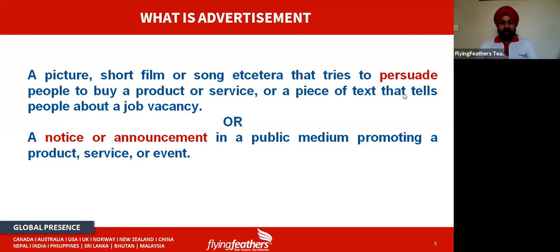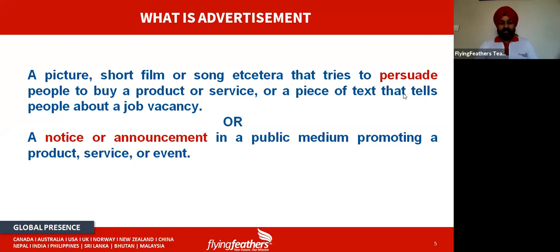It can be through the internet when you are browsing a website. It can be in the form of a short film, or whenever you go to watch movies, and over there during the interval or at the beginning of the movie, you all notice that advertisements are shown regarding different products, whether it is regarding cinema or some institute, it can be regarding everything.